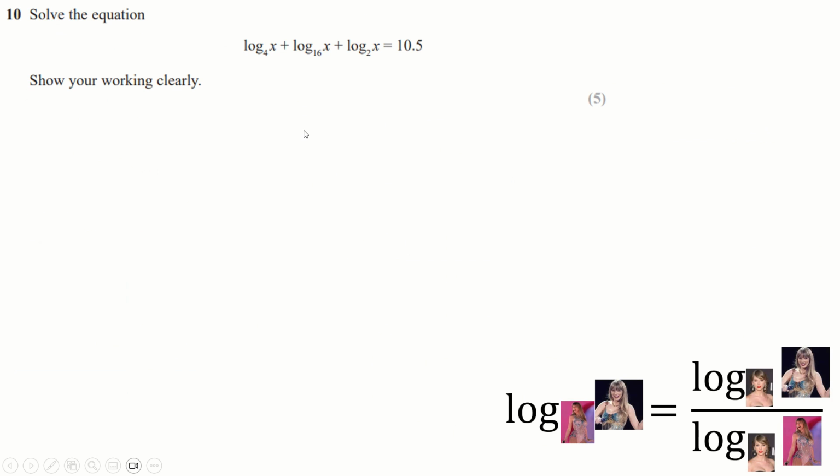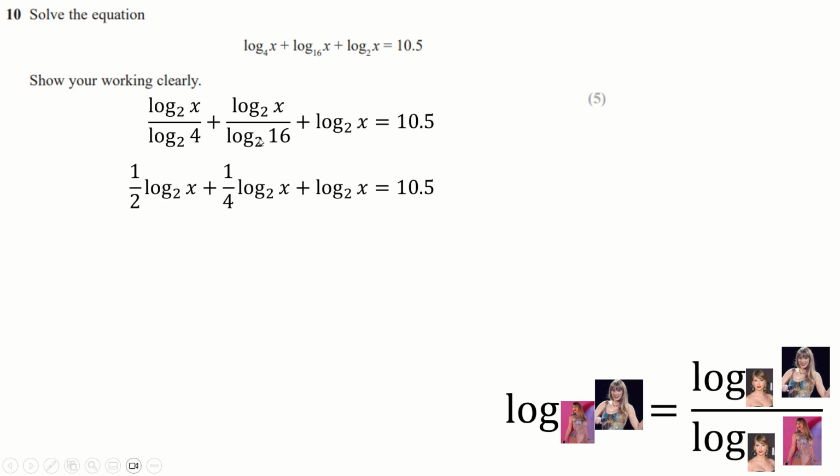Use the change of base law here, which says that log of some value to some value is log of whatever value you want twice, to this value goes here and this value goes here. So for example, log to base 4 of x. This is acting as 4, this is x, so it becomes log to base whatever I want with the x here and the 4 here. Of course, I'm going to choose log to base 2 because log to base 2 of 4 is 2 and log to base 2 of 16, I've used the same trick on this here, is just 4,